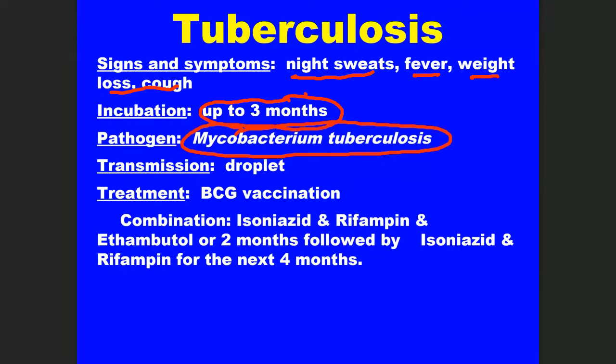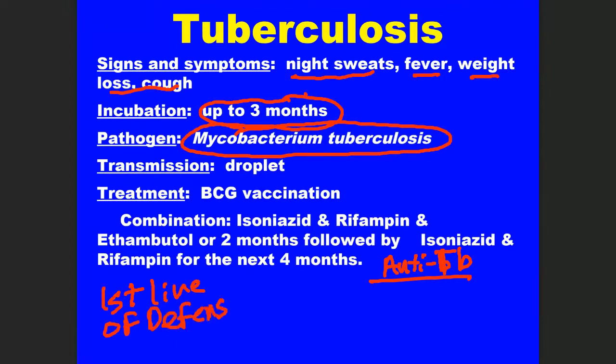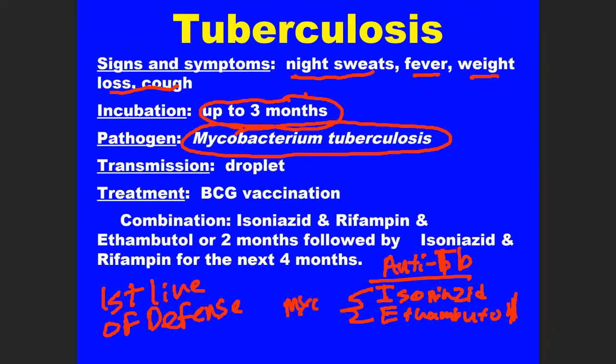If a person does get tuberculosis, they're usually put on a combination of what we refer to as the anti-TB drugs. What I'm going to list here are considered to be called the first line of defense drugs. We talked about these in the antibiotic section, so they would definitely get isoniazid and ethambutol. These are essential because these drugs, isoniazid and ethambutol, target mycolic acids.